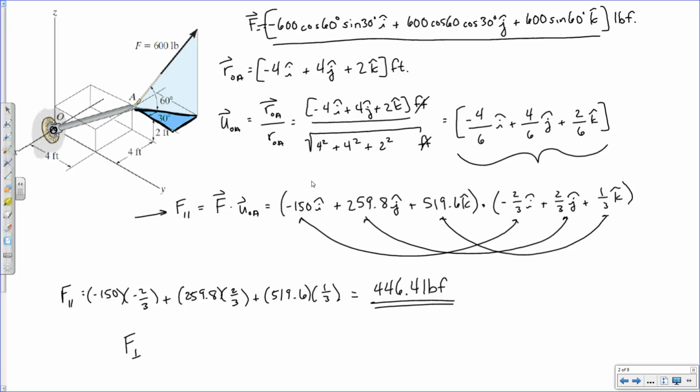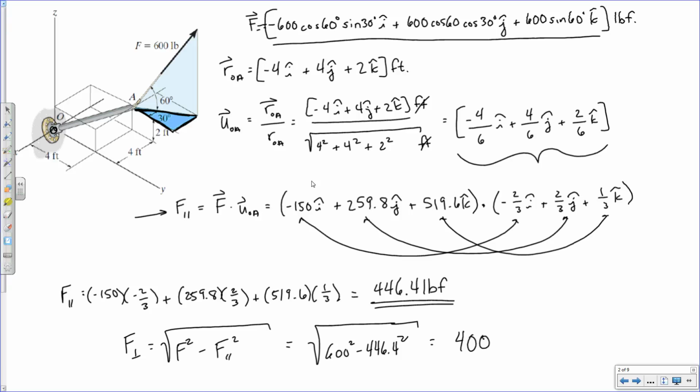So f perpendicular is going to be equal to the square root of f squared minus f parallel squared. This is going to be equal to 600 squared minus 446.4 squared. Square root of that. It's equal to 400.9. So 401 pound force. That is the perpendicular component. And here we have the parallel